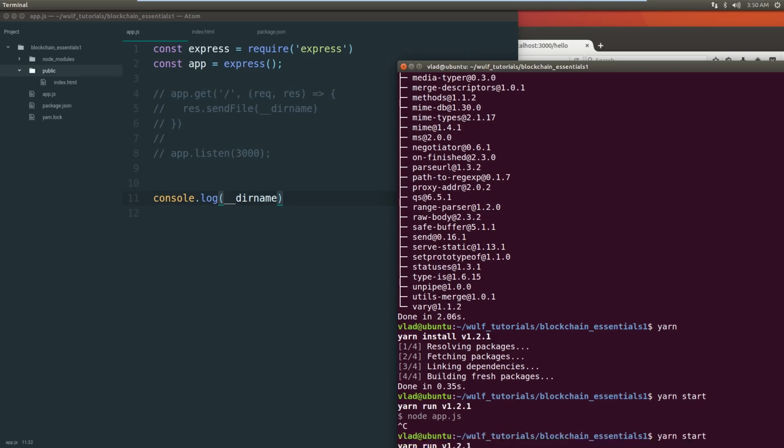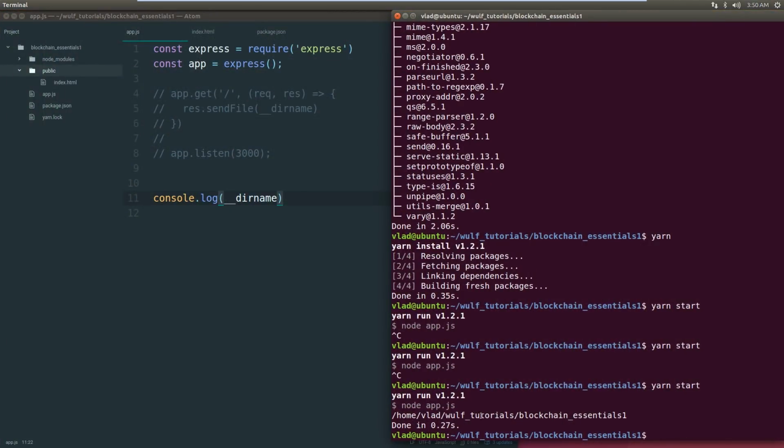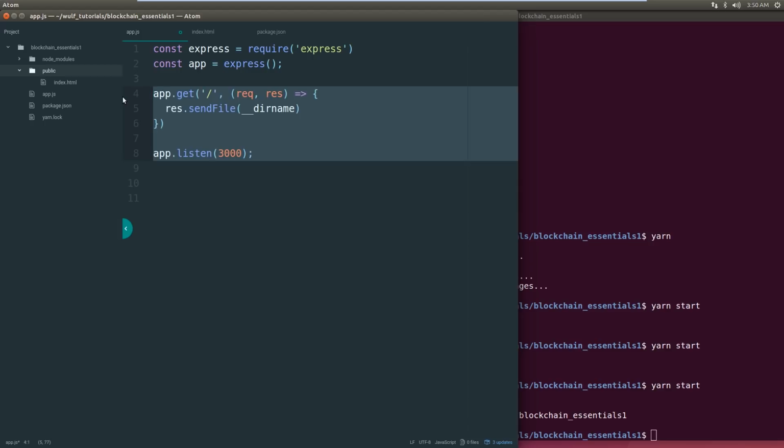So you see home Vlad of the Wulf Tutorials Blockchain Essentials. So the dirname actually shows where we are, well, where the file is actually. And yeah, let's just specify the path of the index. So dirname, we are here. We need to go in public, and then in public there is the index.html. So plus public